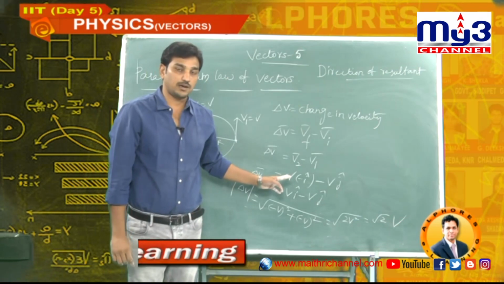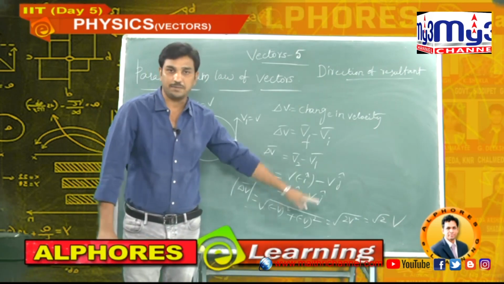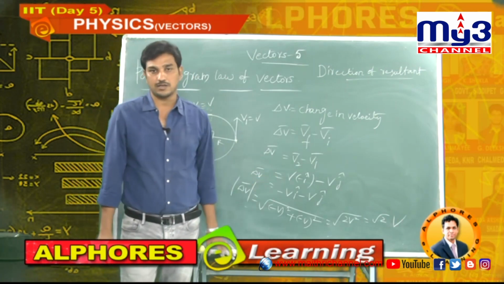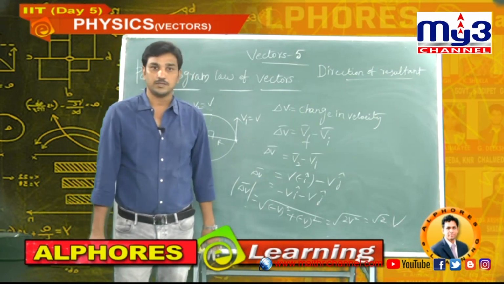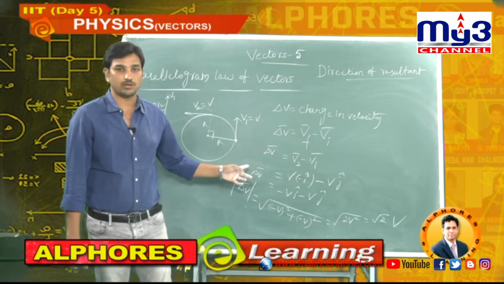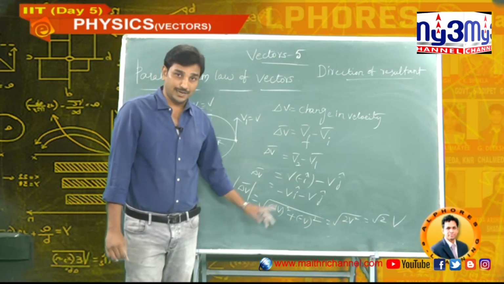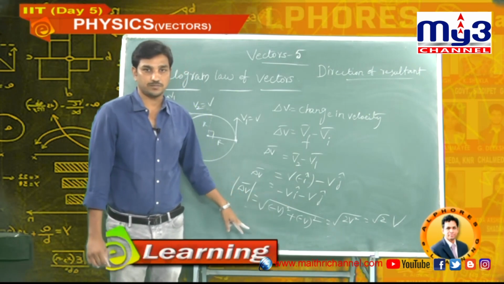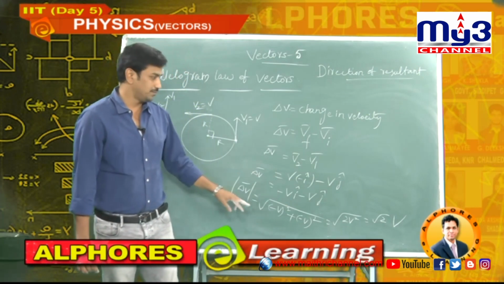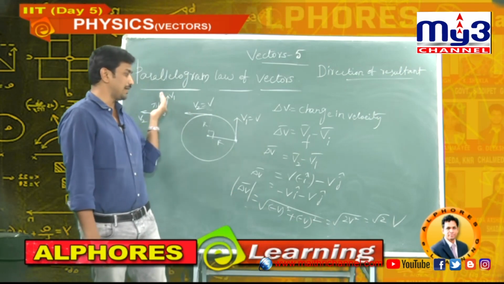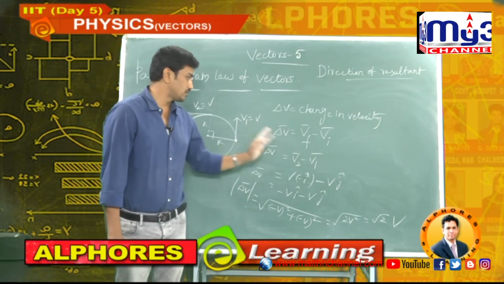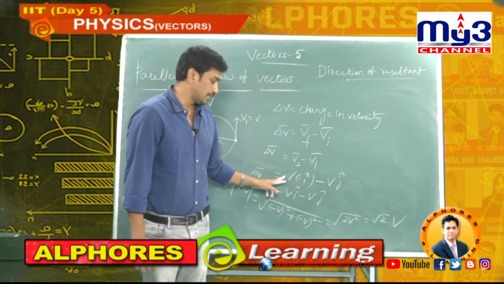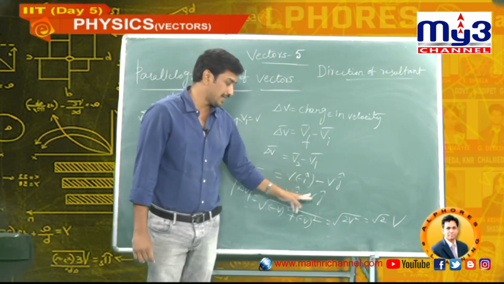Without using the parallelogram law of vectors also, the answer is the same. Previously I used the concept of the parallelogram law of vectors: R bar equal to A bar minus B bar, and the magnitude of the resultant is under root of A square plus B square minus 2AB cos theta. Here, without using it, I went through the direct vector method. V2 bar is final, that is in the minus i cap direction. V1 is the positive y axis, that is j cap. Taking minus outside, minus V i cap minus V j cap.